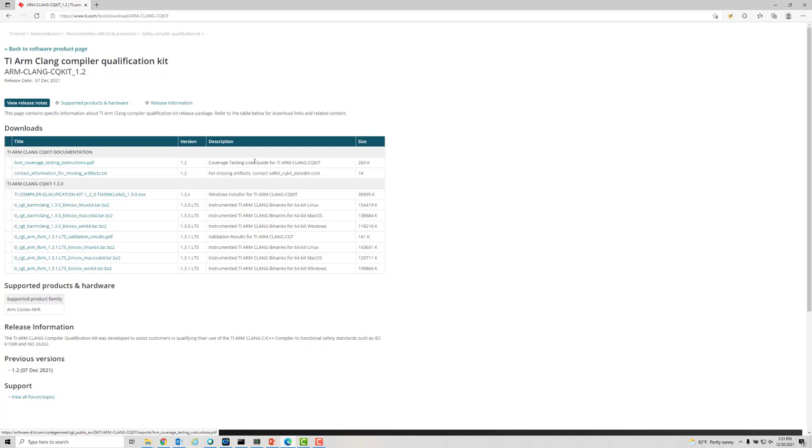For those of you who are interested in using this, my honest advice is to start with this and actually try to do it on some simple project. Pick some blinking LED project and actually try to qualify your use of the compiler with that project. In the range of 15 to 30 minutes, you'll get a very good idea of how that will scale up to your actual project. That's my honest advice: come here, get that user's manual, which is, by the way, 2.5 pages, and actually try to do it on a small little project.